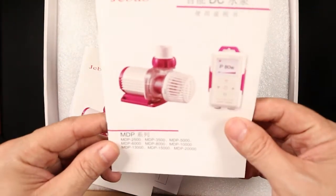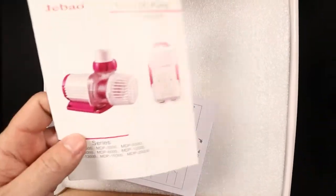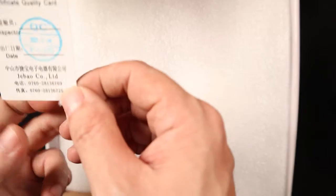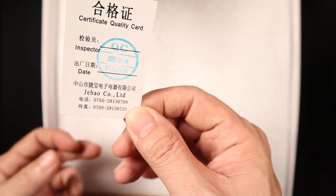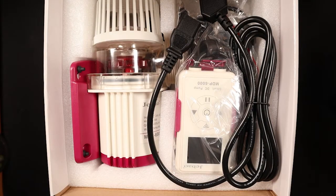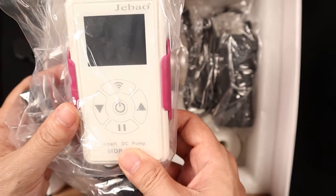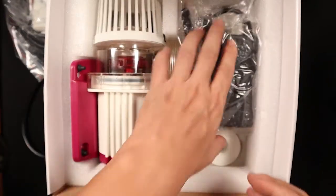Inside the box we have instructions menu in Mandarin and another instructions menu in English, a warranty card, and a certificate quality. Power cord, the LCD remote control, the power brick,